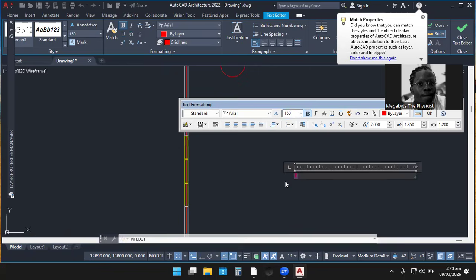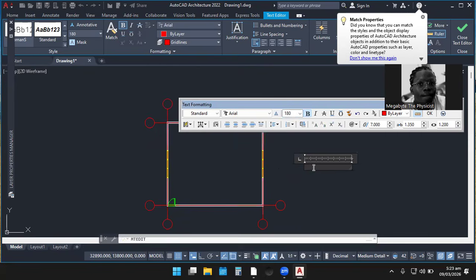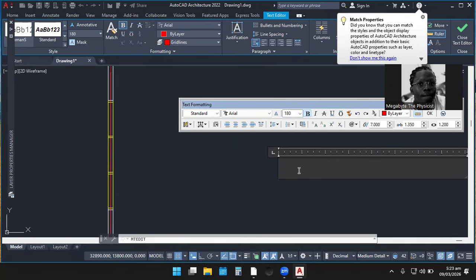Okay, so it's kind of big now. So if we are still not content, we can still increase it. Let's say we want to make it 180. 180 is also not bad. But what we are entering is just one. Okay, so that is it.